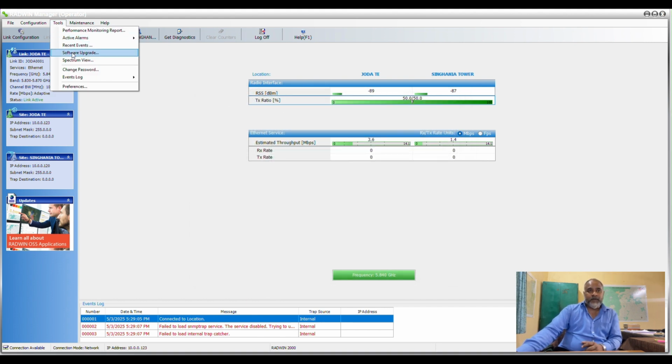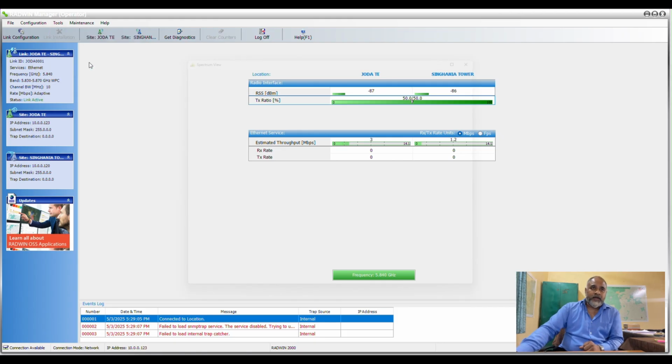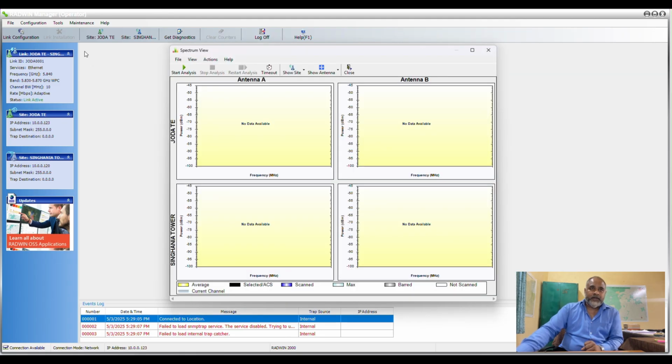In the software upgradation, if there are any updates in the software, then we can upgrade it from here itself. So for the present case, we are not doing anything for this section. We can see by this